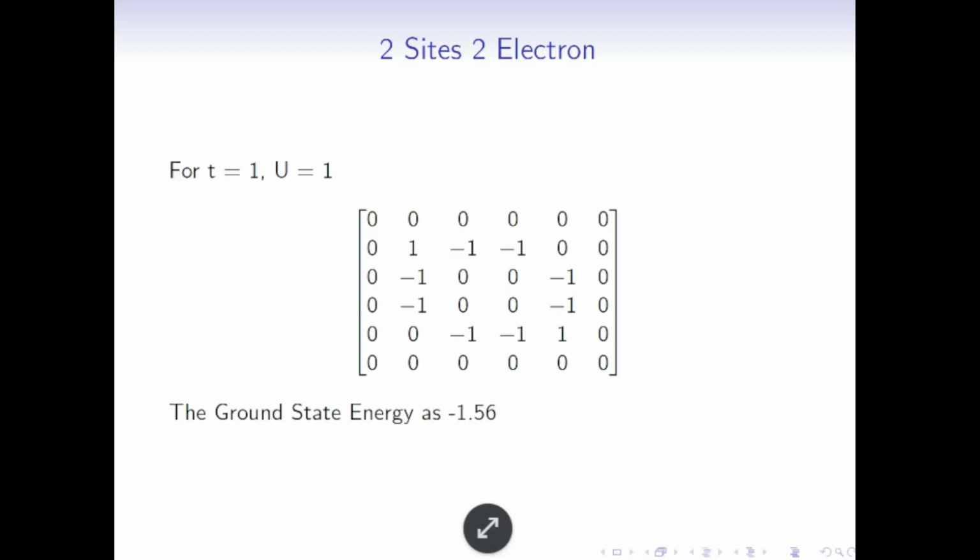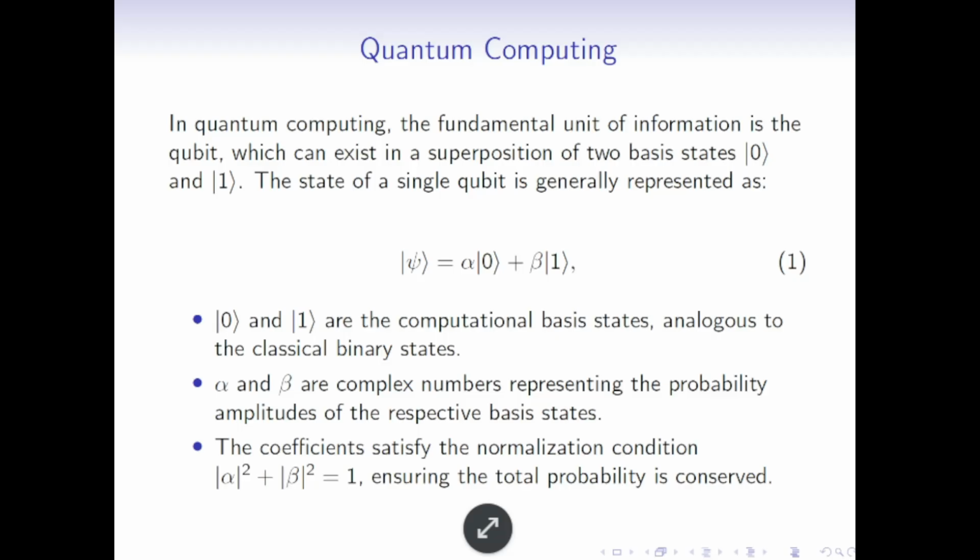Now as you increase the number of electrons or sites, the matrix size increases very fast, and classical computers are not able to handle this. If you store the basis states as our usual classical bits, then you have very limited computation power. That is why you can calculate energy for only a very small number of sites. So our hope is that using quantum computing, we might be able to do this for a very